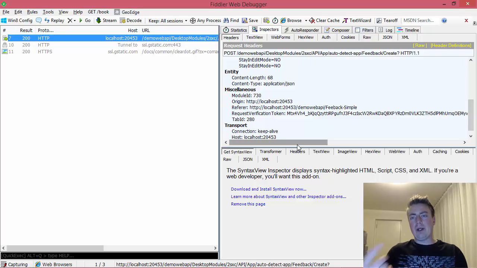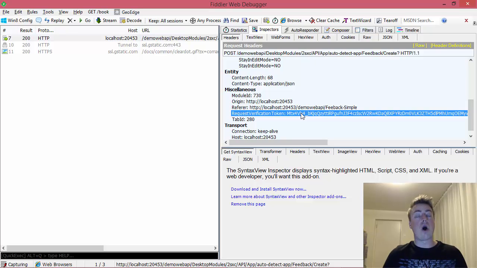So if I would now submit this same request, it's just a piece of text, right? I could just copy it and send it to another server. You may not know how to do this, but it's very easy. But if I would send this to somebody else's DNN website, then this encrypted token here would be wrong because on that page it expects a different encrypted token. So in other words, if I want to make sure it only works on my pages,